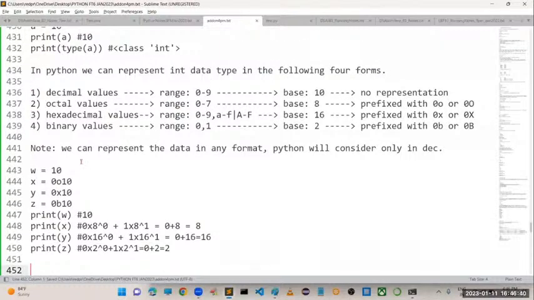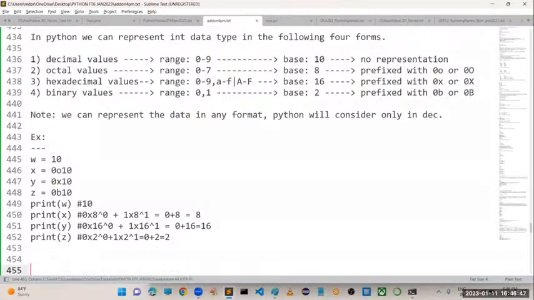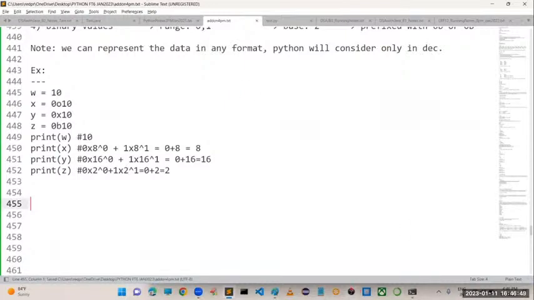Okay, so I think you people got at least some idea about integer data types and how you can deal with integer data types. Can you please confirm any doubts up to this?